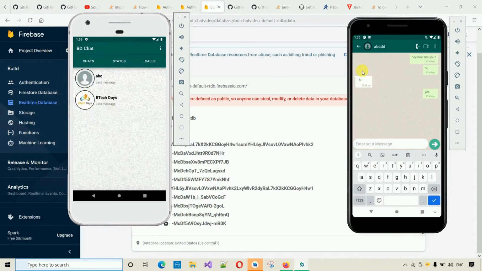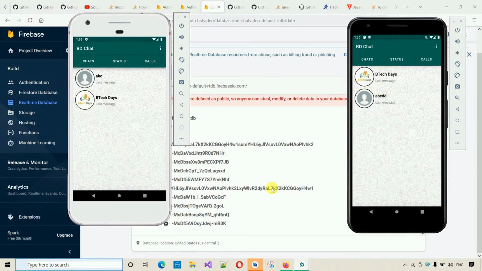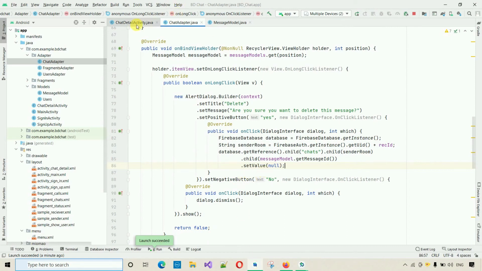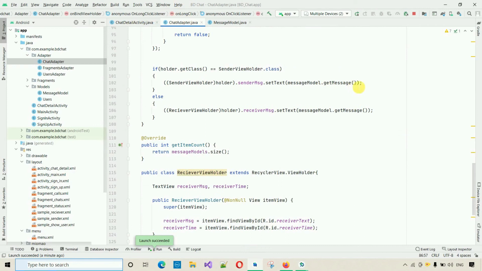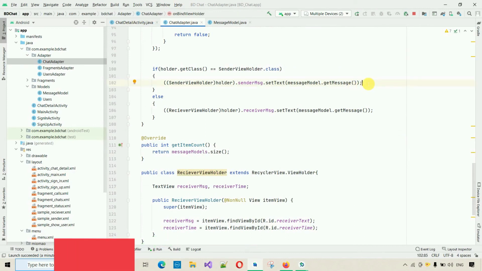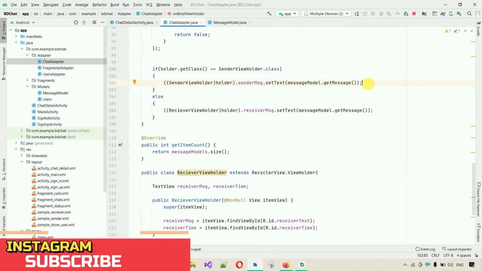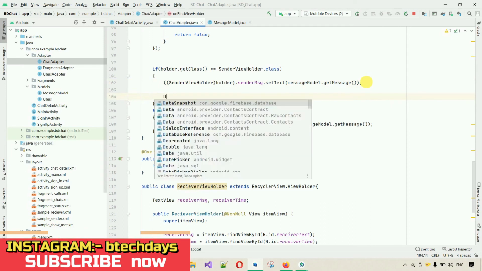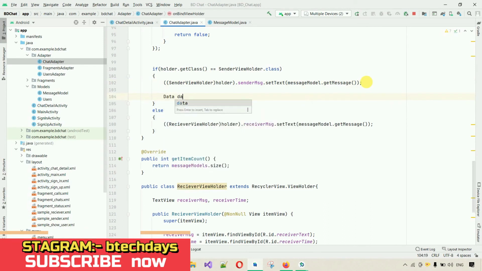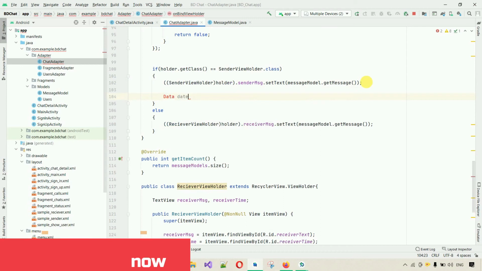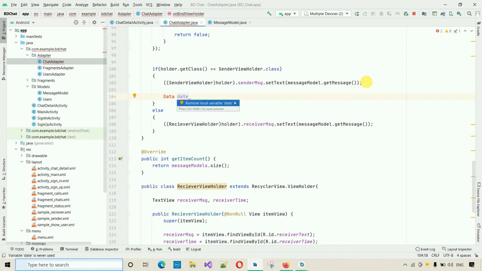If you have the time issue over here, then you just have to move back into the chat adapter, and here we have to fix the time issue. Inside this one, we have to write a few lines of code so that we can set the time. If you want to set the time with the date, you can also do that. If I move back into this, I'm going to create a date object. So for Date, you just simply click Alt Enter,